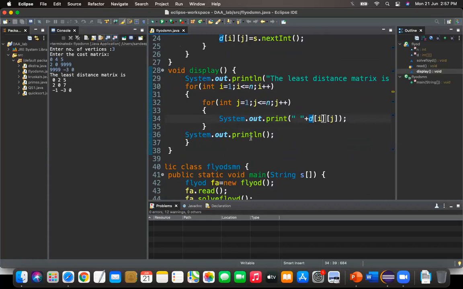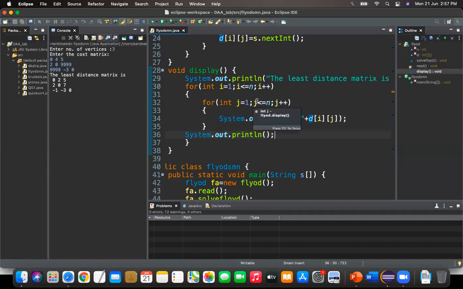And one more System.out.println is taken here. Once the inner for loop is over, the first row values are displayed. To go to the next row, before we start printing the next row elements, we need a new line. For that reason, one more System.out.println is there.